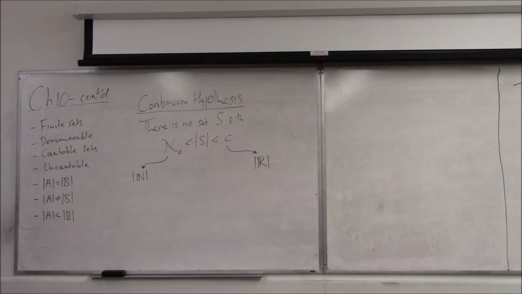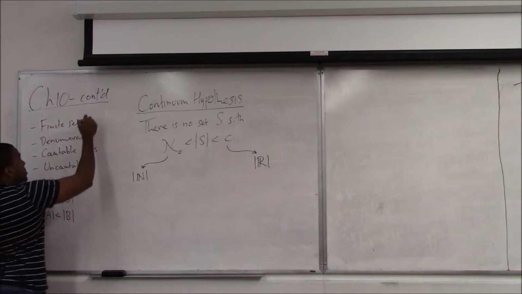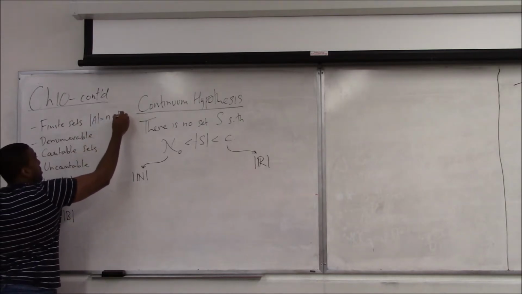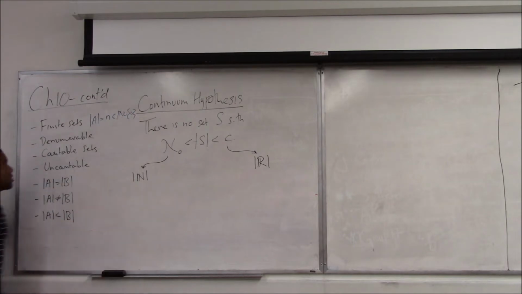Let's quickly review what's a finite set. How do we know a set is finite? Cardinality of A equals n, for some n. Right? Some finite number. You can actually count them. You might be counting for a while, but you can actually count them and finish counting them, and it will